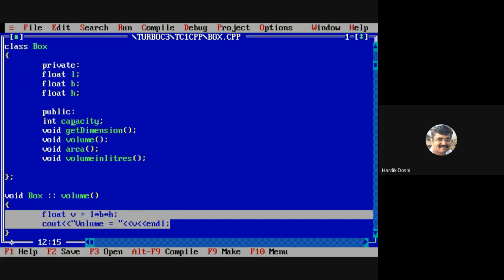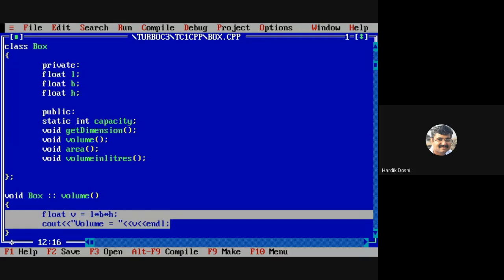But I am making this variable static. A new keyword has been introduced. Static. Do you understand this?